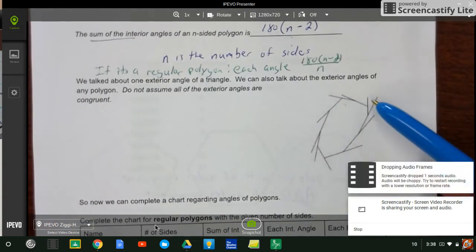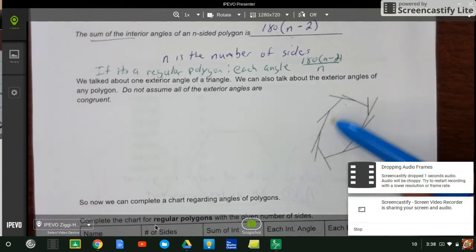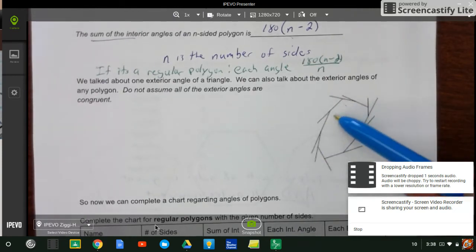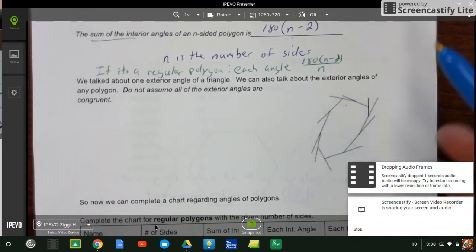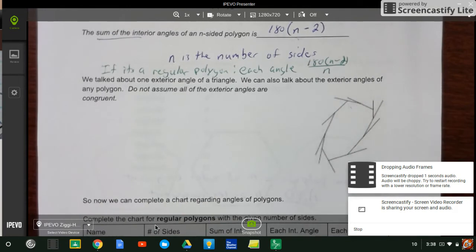Here we've got 1, 2, 3, 4, 5, 6, 7, 8, 9. This looks like a decagon. So I could figure out how many angles on the inside of this. But what about the exterior angles? We talked about the exterior angle of a